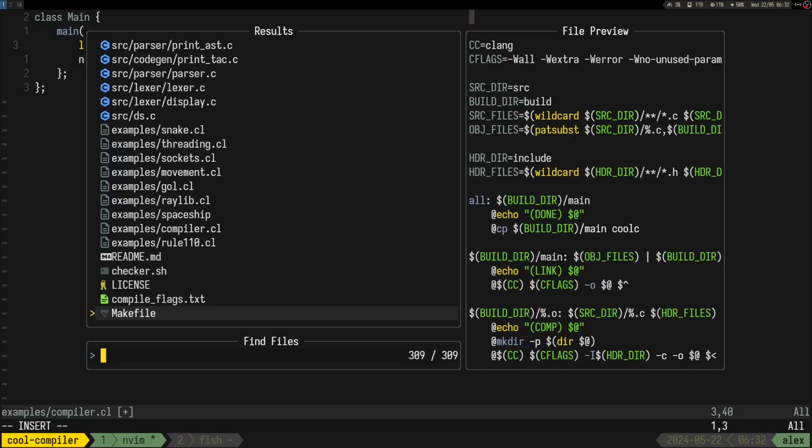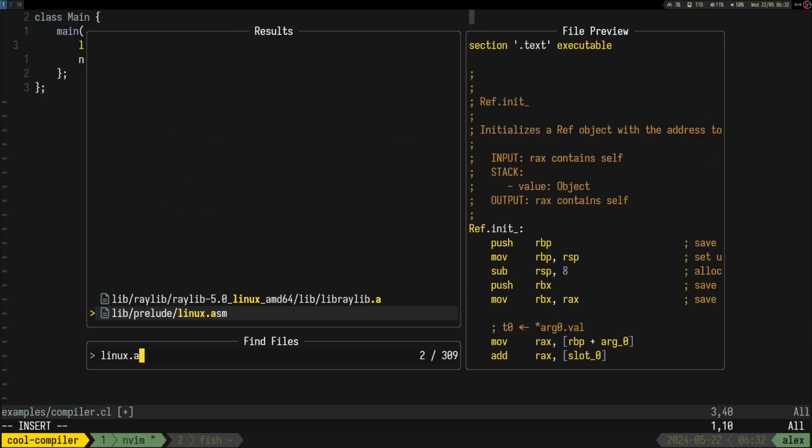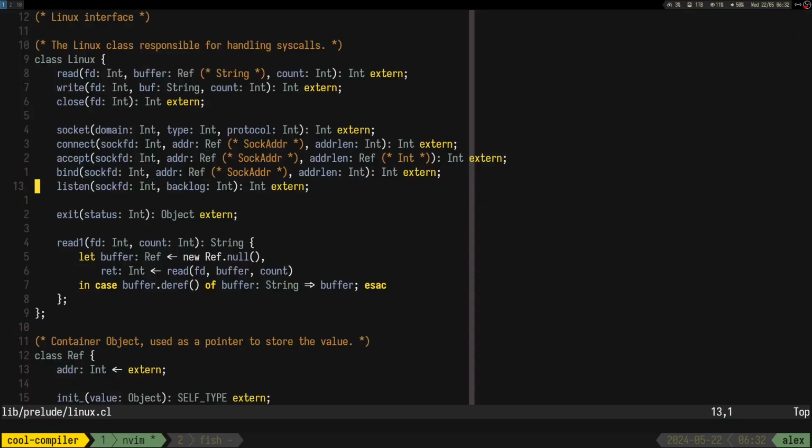Okay, I mean, yeah, whatever. Linux.cl, and I mean, read, I think even in Linux syscall, I think read, doesn't it read until new line as well? So you give it a file descriptor, a buffer, and how much to read, and it returns you how much it read.